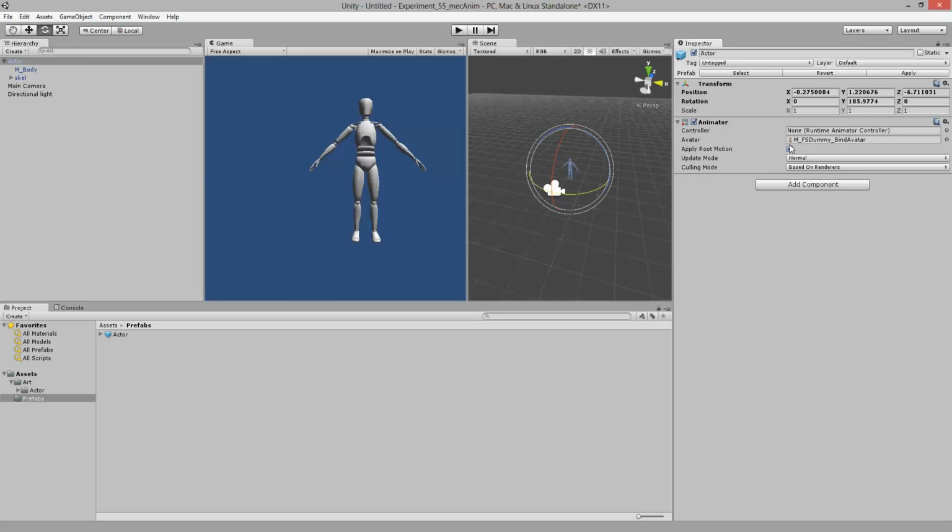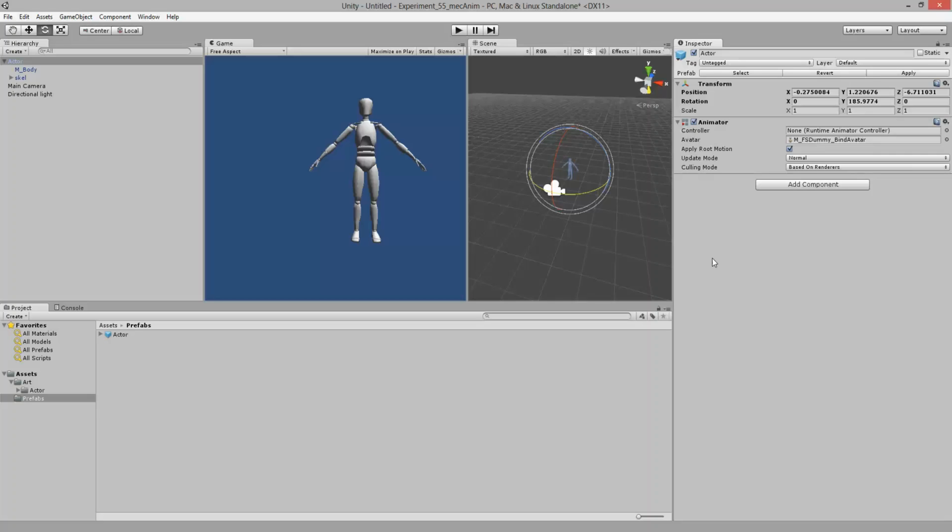One important thing to look at is now that we've dragged this model into the scene, you'll notice that the inspector already has with it this component called an animator. I didn't have to add this myself, it just came already attached. The animator is what's going to be used to manage all the animation transitions. So going from the idle animation to the walk animations, we're going to use this animator component to help us